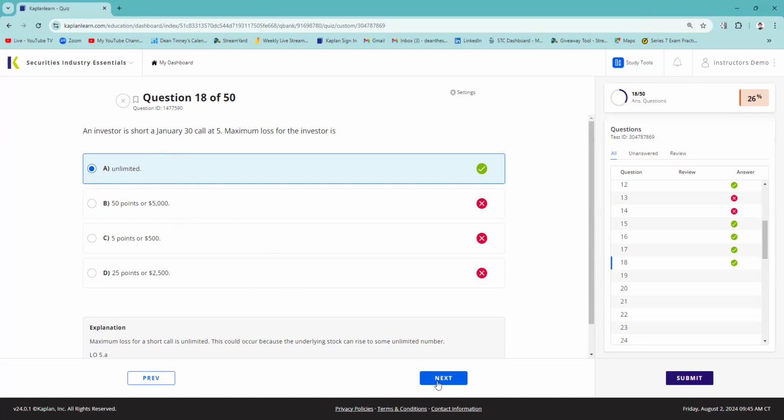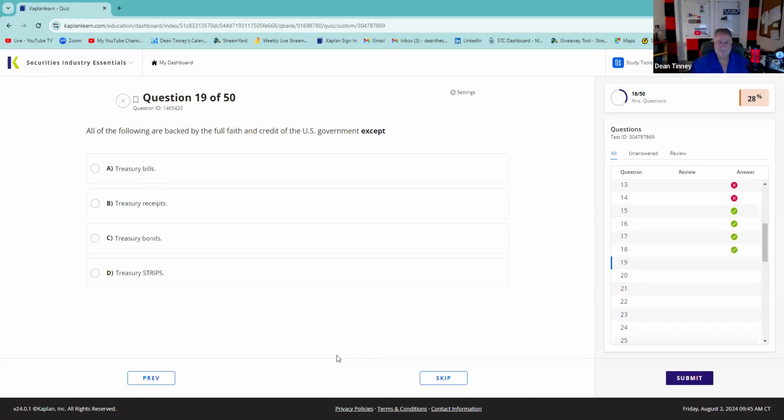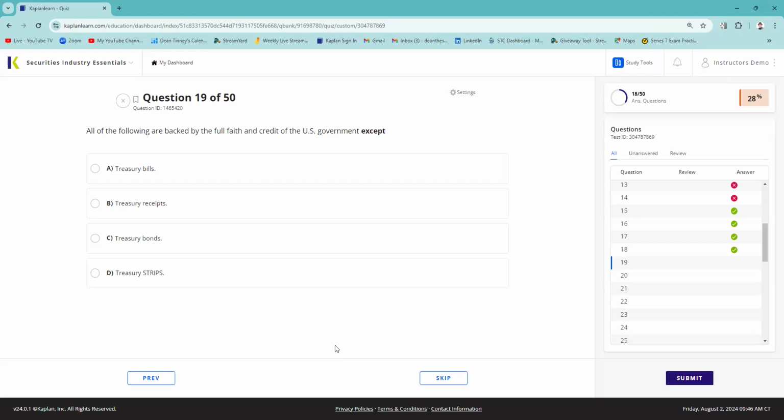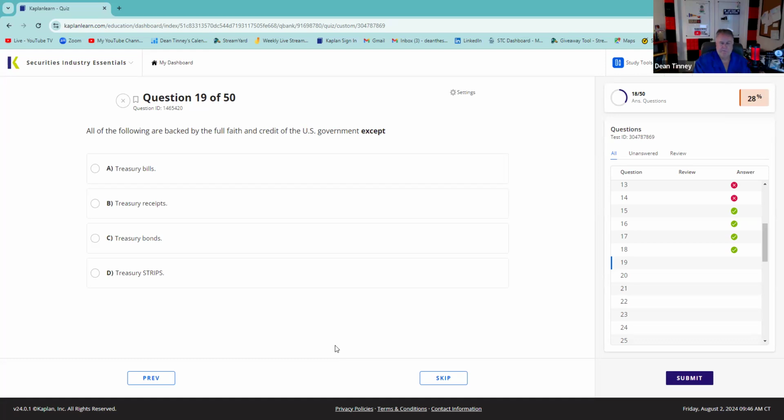It's not worth it. All the following are backed by the full faith and credit of the United States government, except... D it is. That's correct. D is...